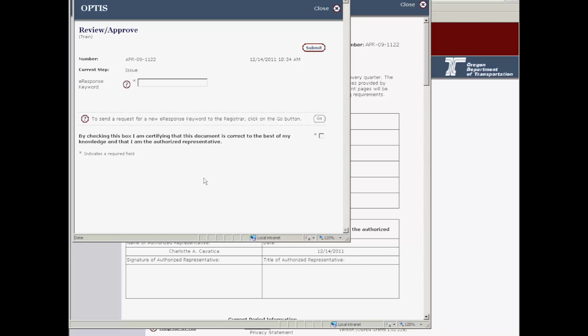And this is the review approved screen. You have to check the box saying that you are the authorized representative and it's correct. And then you enter your e-response keyword, which is,